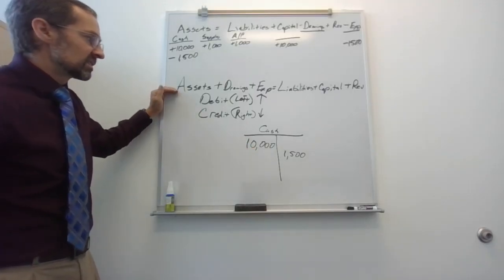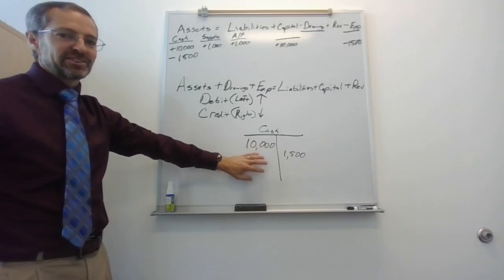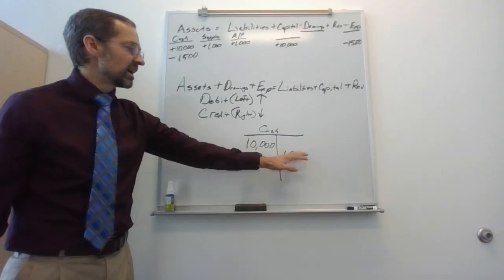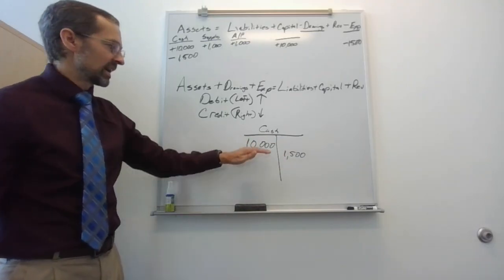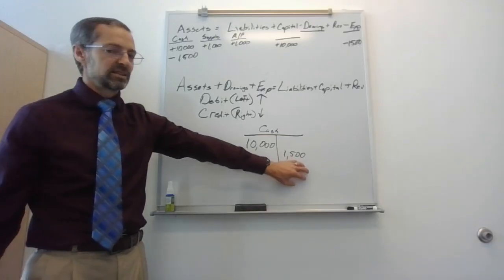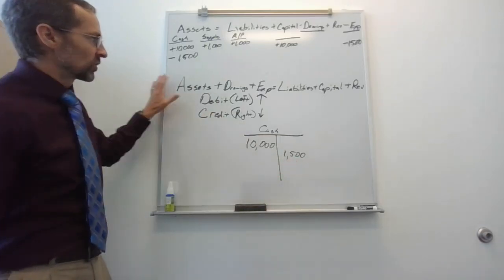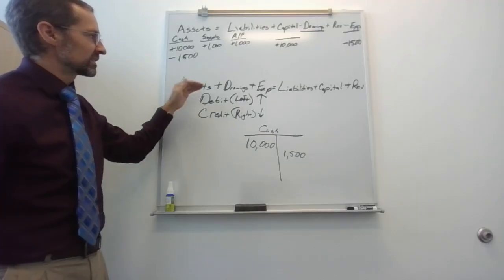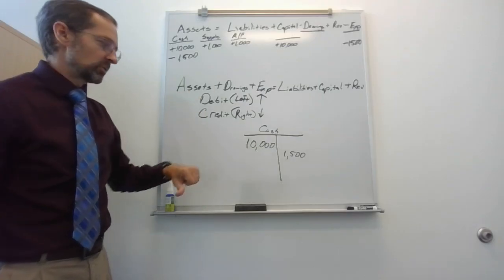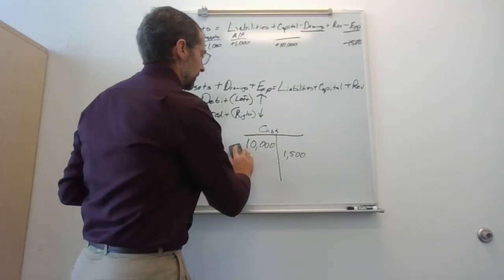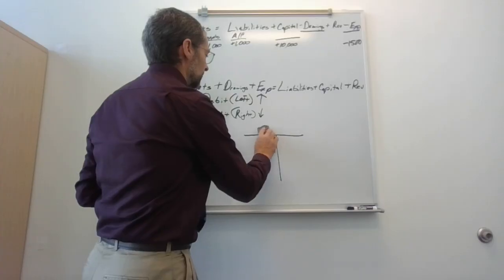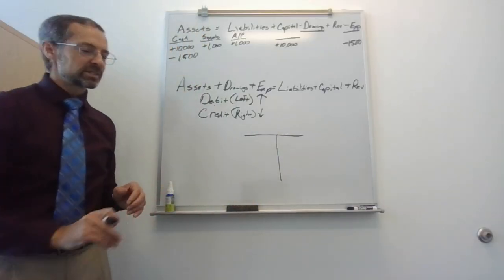But assets, when you're looking at an asset like cash or supplies or equipment, you'll see entries on both sides of the account, knowing that the left side, or the debit side, is things going up and the right side is things going down. All right, so those are the three things on the left side: assets, drawings, expenses. Debits make them go up, credits make them go down. All right, let's look at the right side of the equation. And guess what? The right side is exactly opposite of the left side.